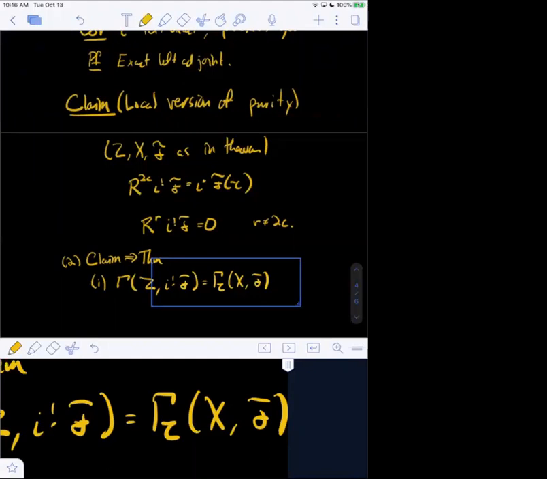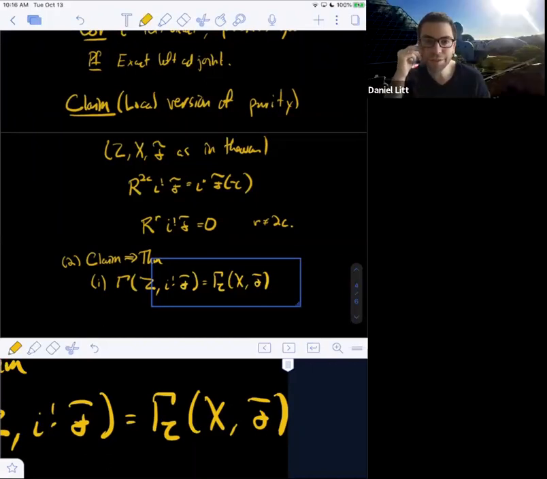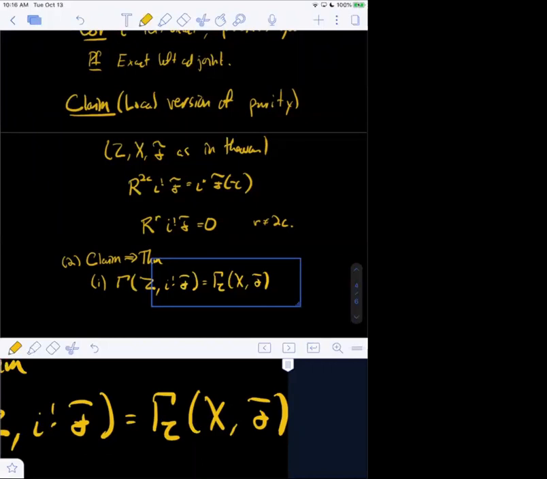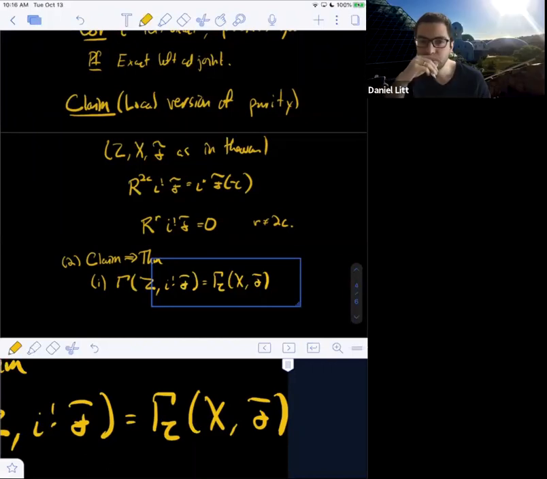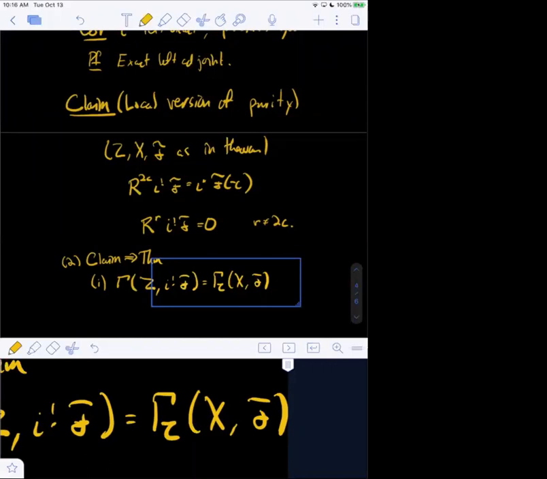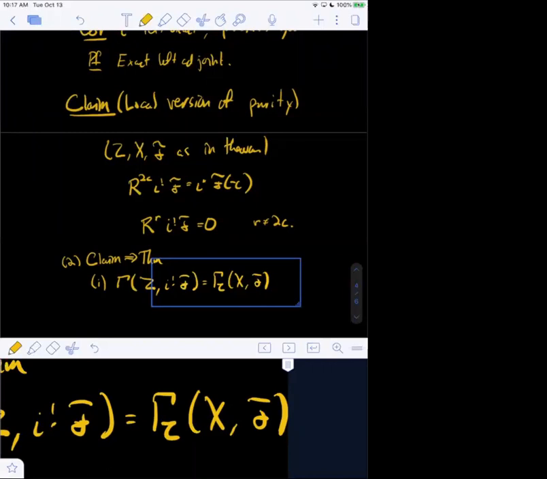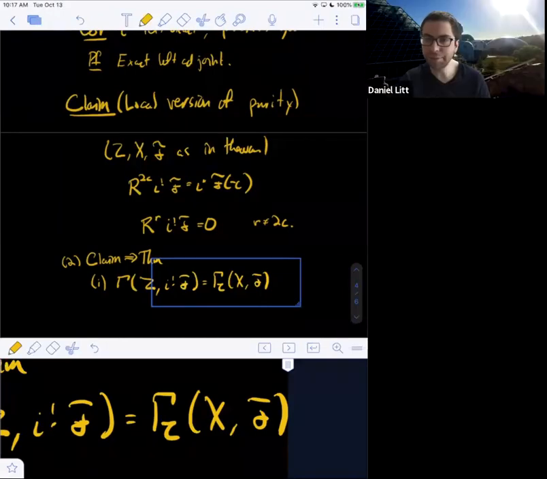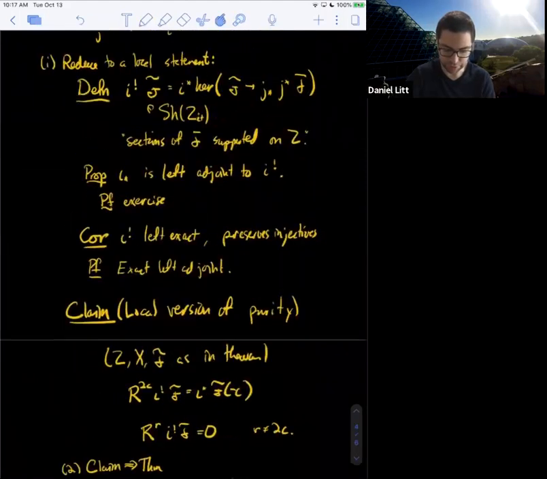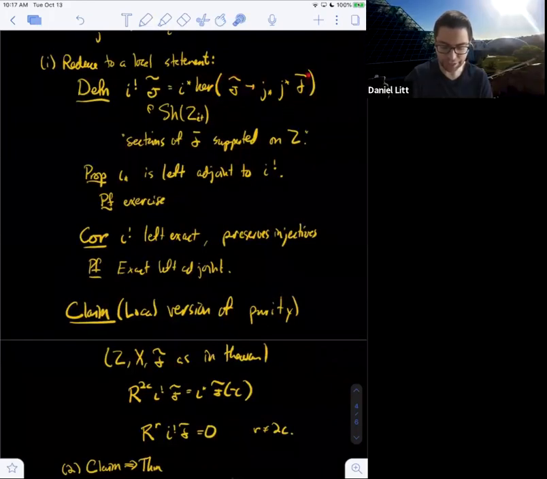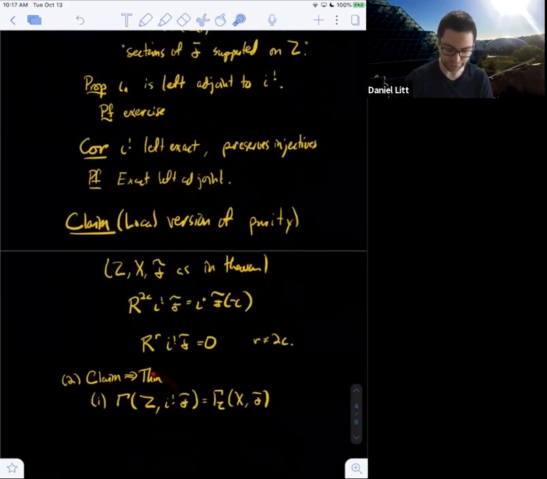Because R1 is 0. Can you say a little bit more? When you have the long exact sequence, and because R is 0 when it's not 2c, and somehow you have to use the definition of iota upper shriek, right? Yeah. I don't think you need any long exact sequence stuff here. I think this is just directly from the definition. So let's scroll up to the definition of iota upper shriek. You're taking a global section of F on X which vanishes on U, right? That's what this left-hand side is, but it's also just the definition of the right-hand side, right?